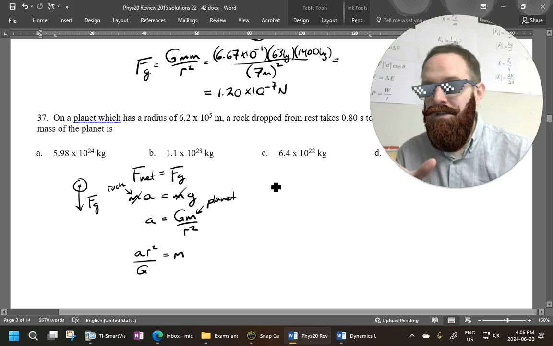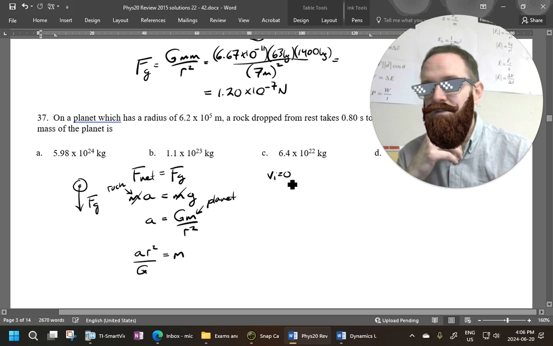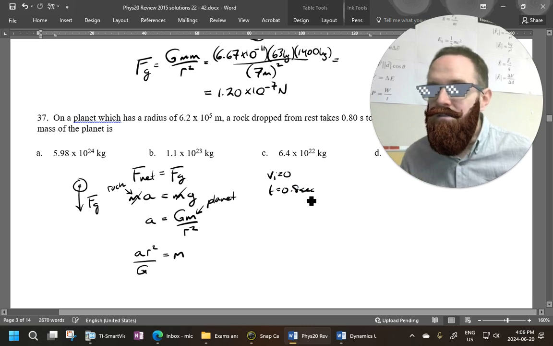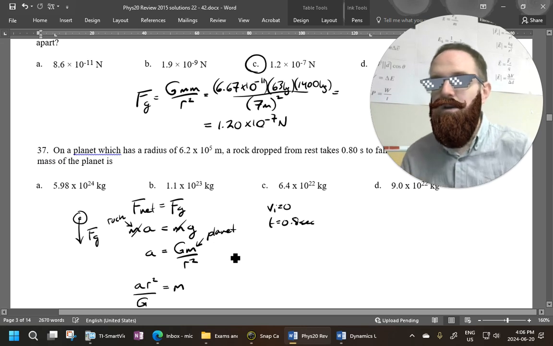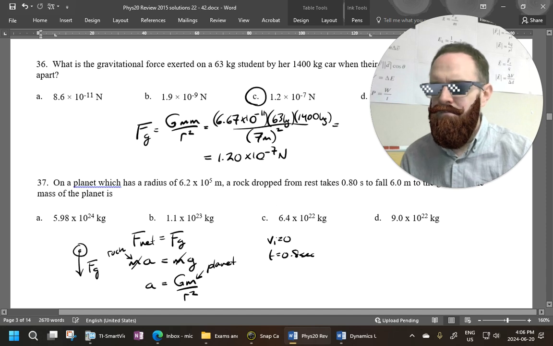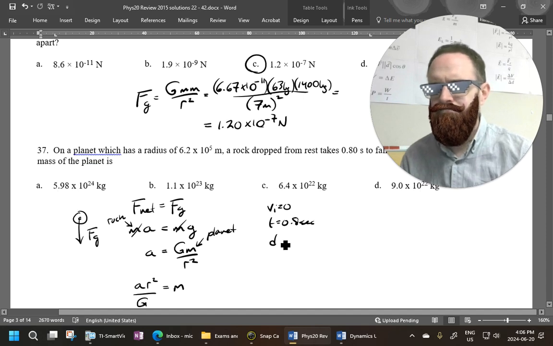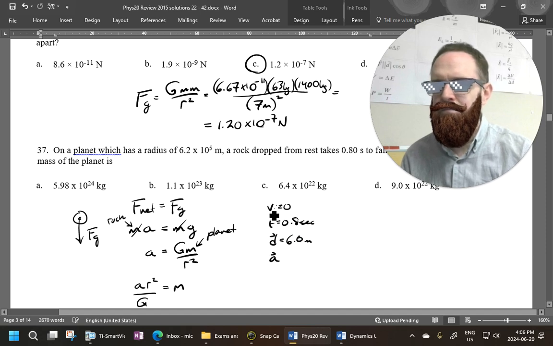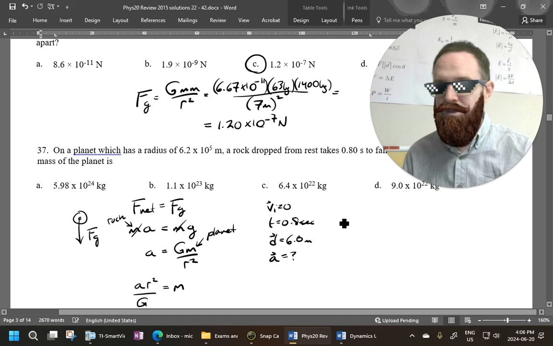So what I need to do is use this other information that it drops from rest. So Vi is equal to 0. It takes 0.8 seconds to reach the ground, right? It falls 6 meters. Find the acceleration, right? So I just have to find a good formula that has these three things in it,